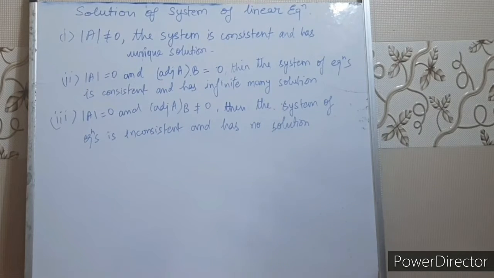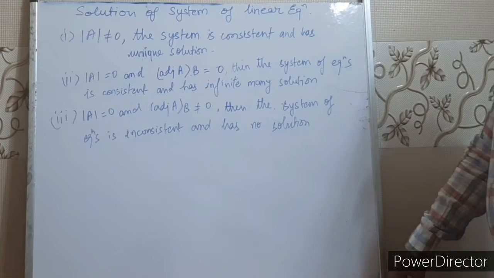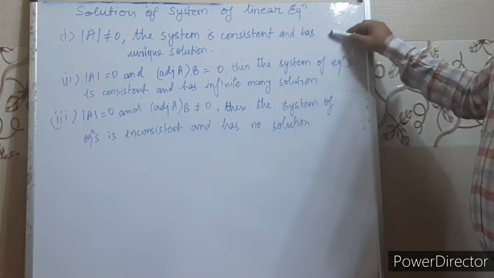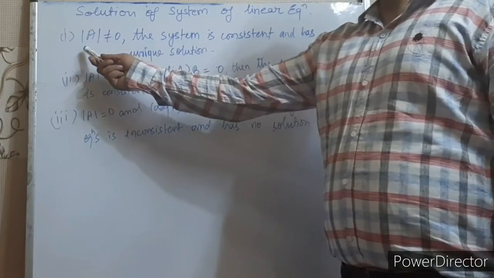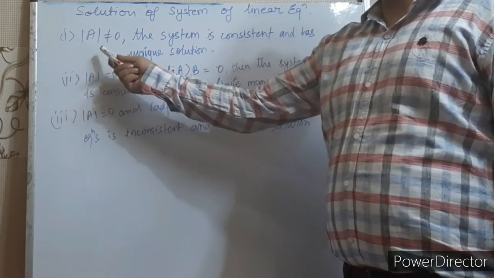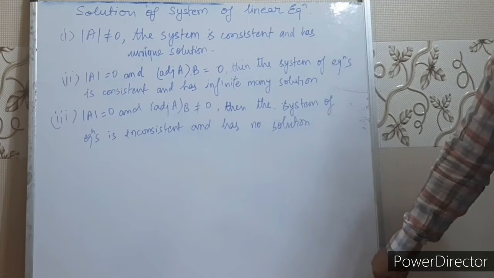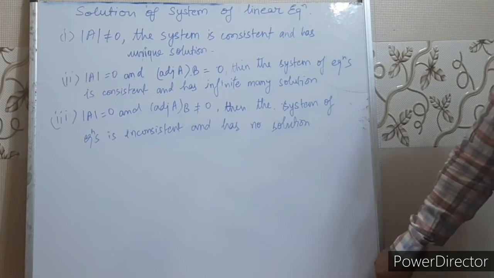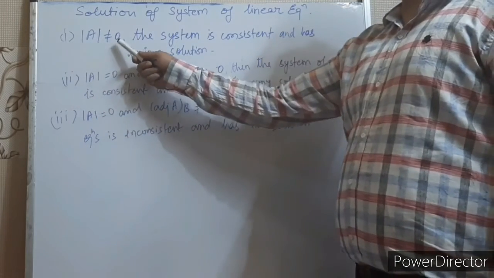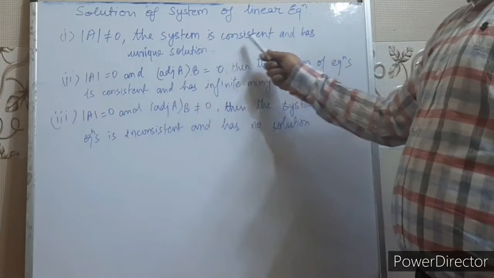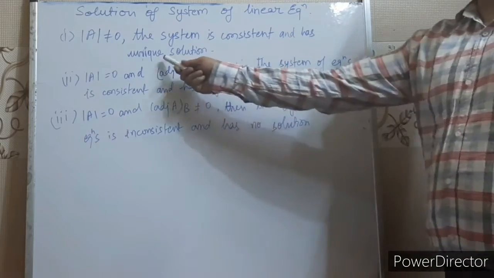Now, children, remember a few points when we are solving systems of linear equations. We need to check whether the determinant of A is not equal to 0. Right, children? We could get the determinant of A as 0, or it could be not equal to 0. So we can say that when the determinant of A is not equal to 0, the system of equations is consistent and has a unique solution.